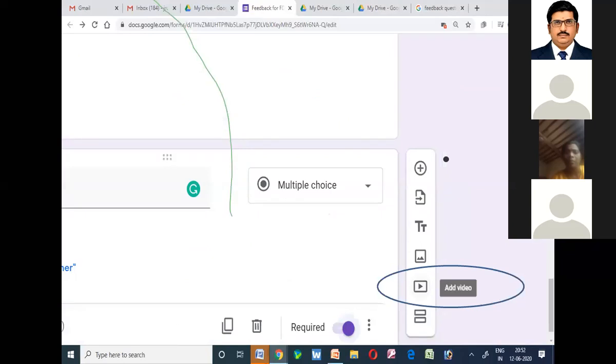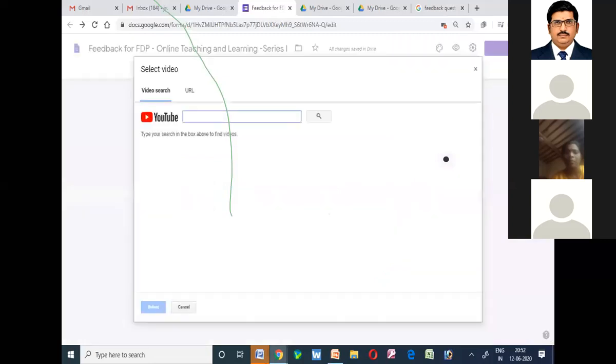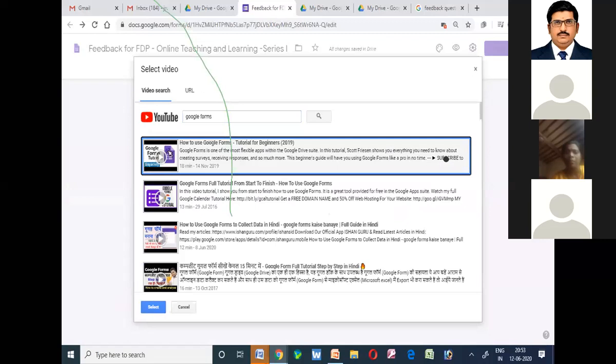The next icon is add video. Suppose if I want to get a feedback for a particular video, suppose if I want to know how far the students have understood about a particular video, at that time what I can do is I can add a video. So for adding the video, I'll be using video search and URL. So in video search, you will be having one search box appearing. In that, if you give a particular topic, like I just wanted to see about Google Forms, then it will list out a number of different videos. So you can go through the videos and you can select which video you are interested in, and you can just select that particular video.